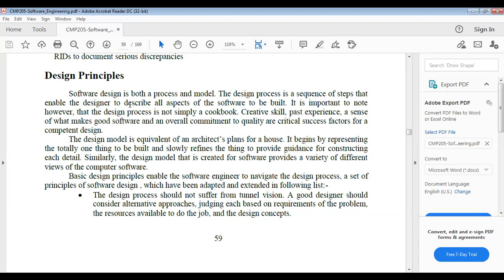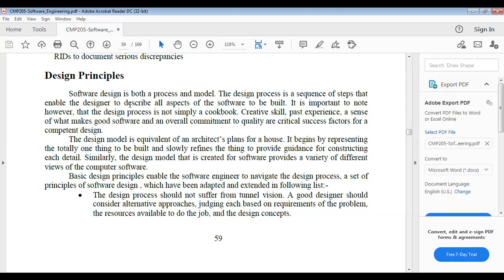Designing should be traceable. A design should be such that a particular engineer or development team can trace that design easily. Next, a design process should not suffer from tunnel vision.